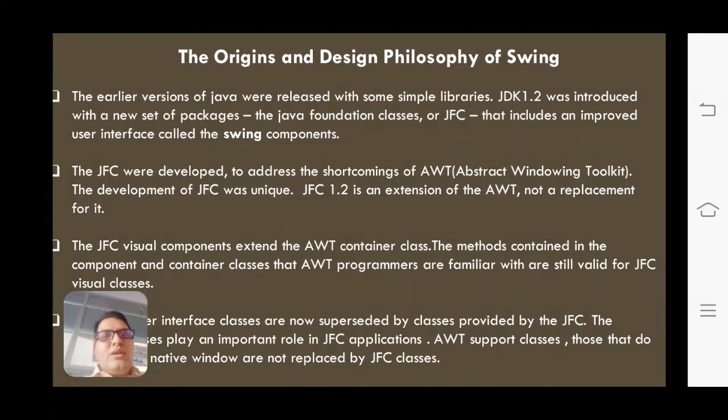JFC was developed to address the shortcomings of the AWT, the Abstract Window Toolkit. Why did JFC come into existence? Because of some drawbacks in the Abstract Window Toolkit. Whatever applet program you developed, whatever controls and classes you used, had some limitations.